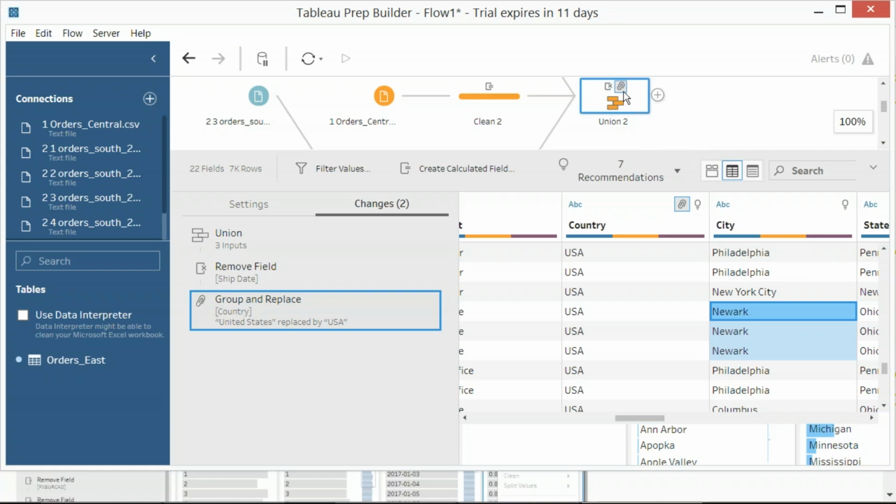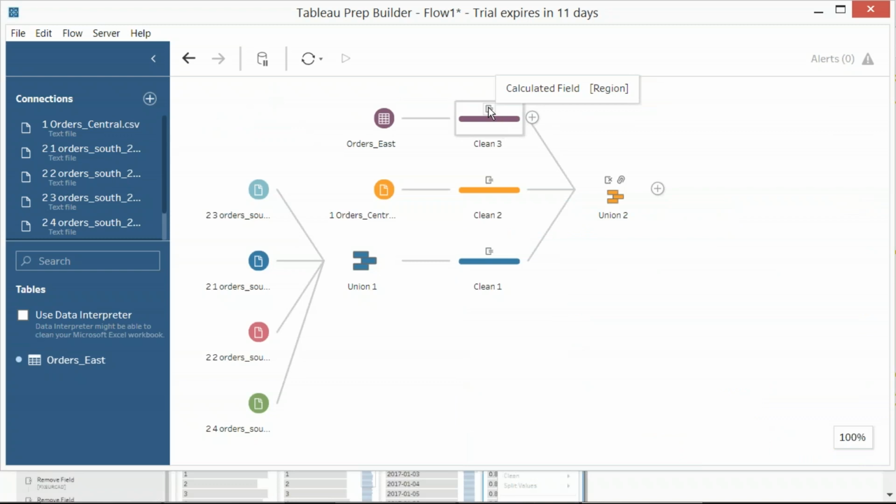Then once we perform this grouping and removal of, say, unwanted fields, finally, yes, our requirement, friends, what we did first, we added one extra column, calculated field region, and then perform union. So we got three regions, right?